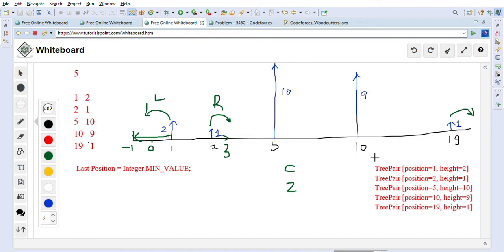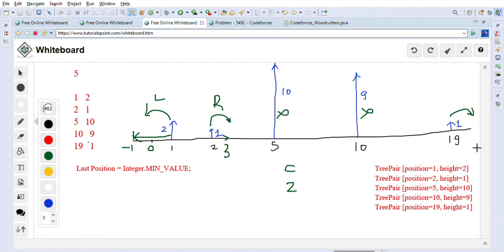Now we will take a look at this tree, number 10. This tree height is 9. If we try to fall this tree on the left side, it will go from 10 to 1, because the height is 9. But there are other trees also on the way, so we cannot fall it on the left side. Now let's look at whether we can fall it on the right side. If we fall it on the right side, it will become 10 plus 9, which is 19. But there is already a tree present at location 19, so it will touch that tree after falling, which means that we cannot fall this tree. So we cannot fall these two trees basically.